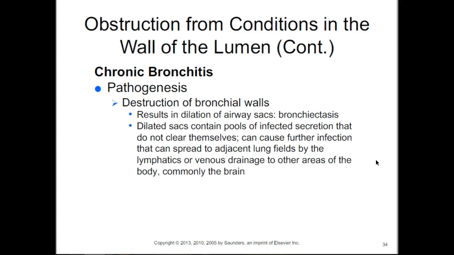So think of the appearance of your bronchial tree, instead of getting smaller, it's actually going to be almost pearl-like, or very dilated. So instead of the tree getting smaller, you're going to have a much wider black space within that bronchial tree